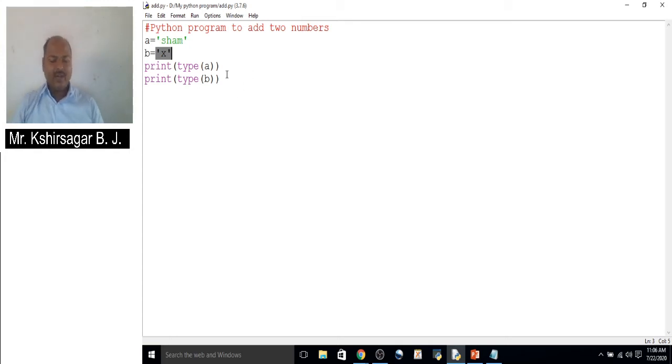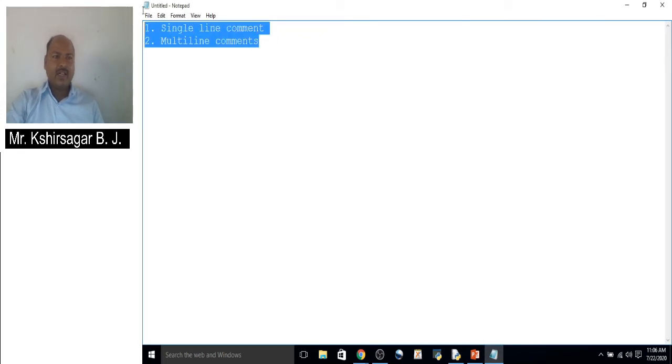So this is the way of determining the type of a variable, the value assigned to a specific variable. So Python is a dynamically typed language and we have no need to declare the data type while declaring the object or a variable. Now we have to see the data types in Python. Which are the data types that are used?